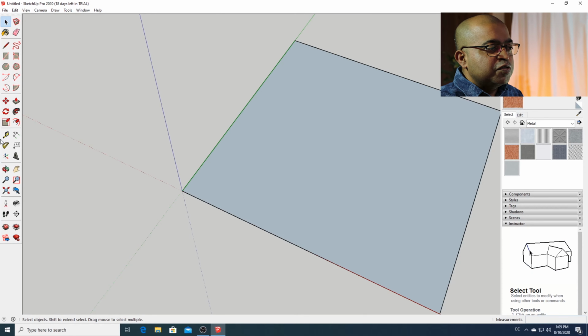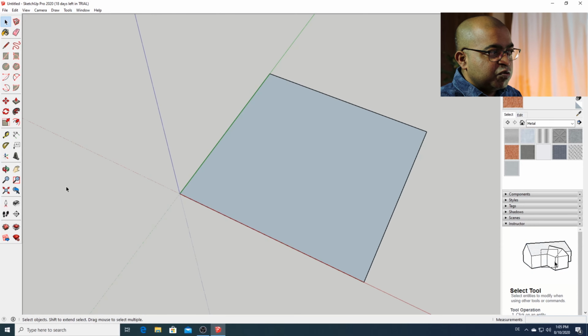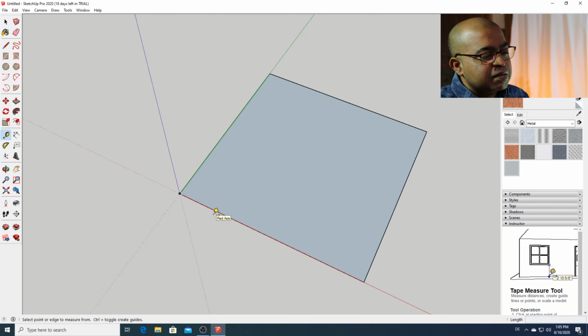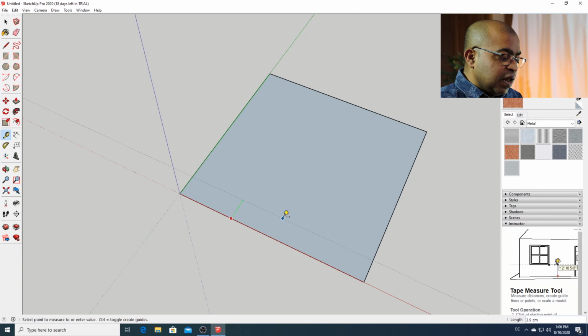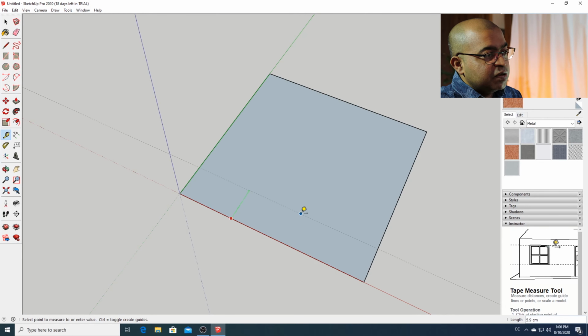The next tool I'm going to show is known as tape measure tool. Here, keyboard shortcut T. Just imagine I would like to create a line parallel to this red axis here and towards the inside of this object. You will see a dotted line, right? And I'm going to create this towards this green line. So just show that direction, and then just imagine that I would like it to be, say, 5 centimeter away from the first line. So type 5 centimeter, press enter, and here you could see that SketchUp already created a